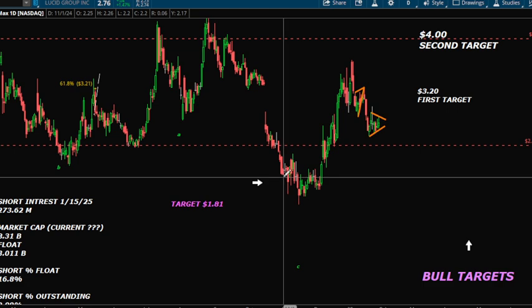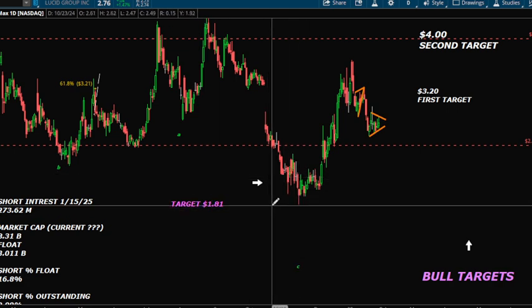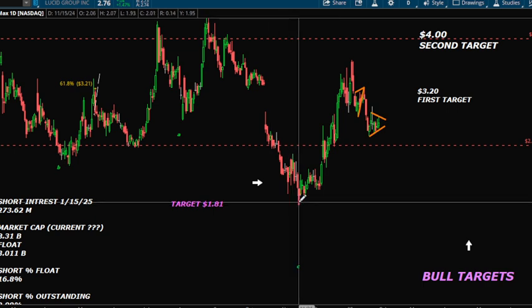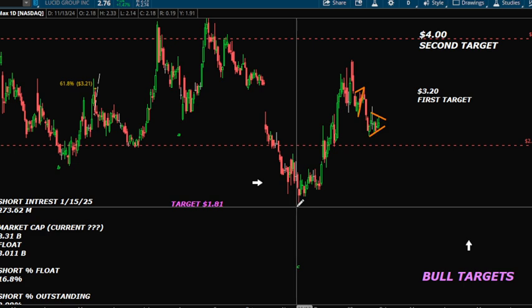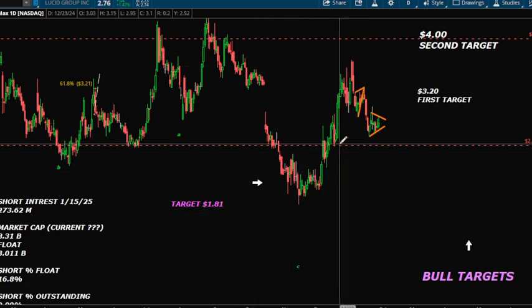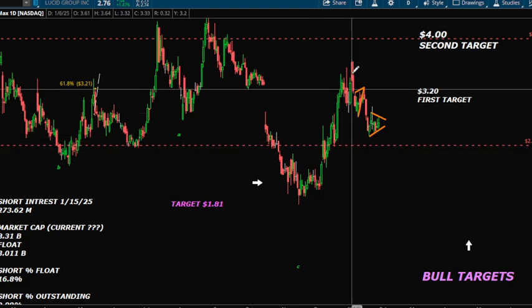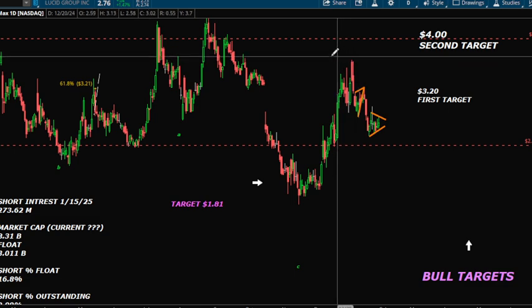And in that video I said there was going to be some potential downside, and I put that target of 181, and it went to 193, I think. So I missed it by 12 cents or so. Sorry about that. But anyways, that was the bounce there off that target, and it blew past the 250, as you can see, and the correction, if you will, this little move here,